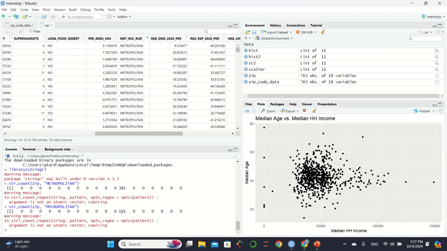And once again, it'll be over here. Micropolitan shows up 191 times within that column. So note that down once again. And then finally, we're going to be doing zip, comma, rural. And that is also 191. So from here, we want to take these values along with the names of each of these area types and